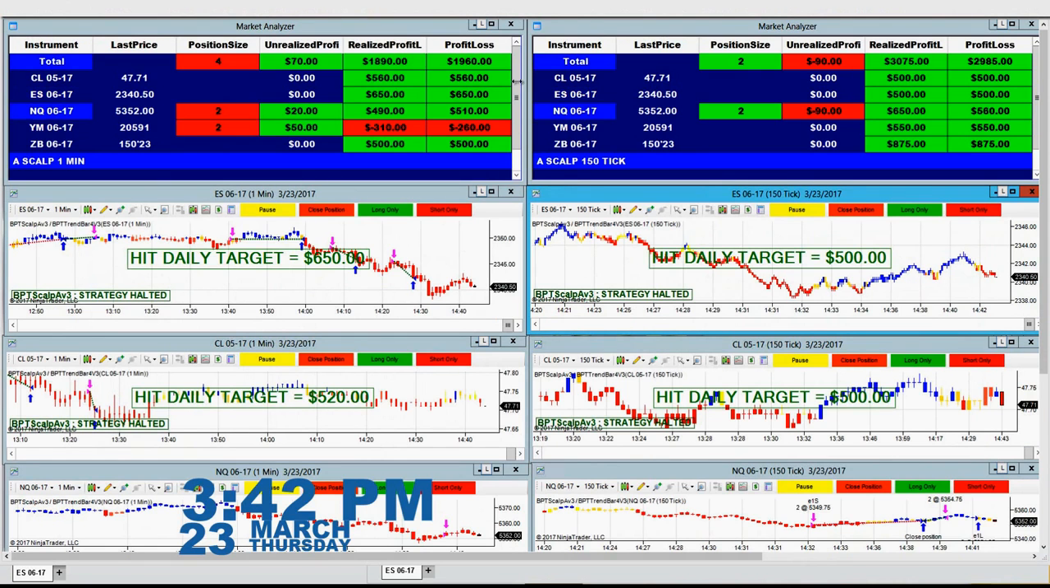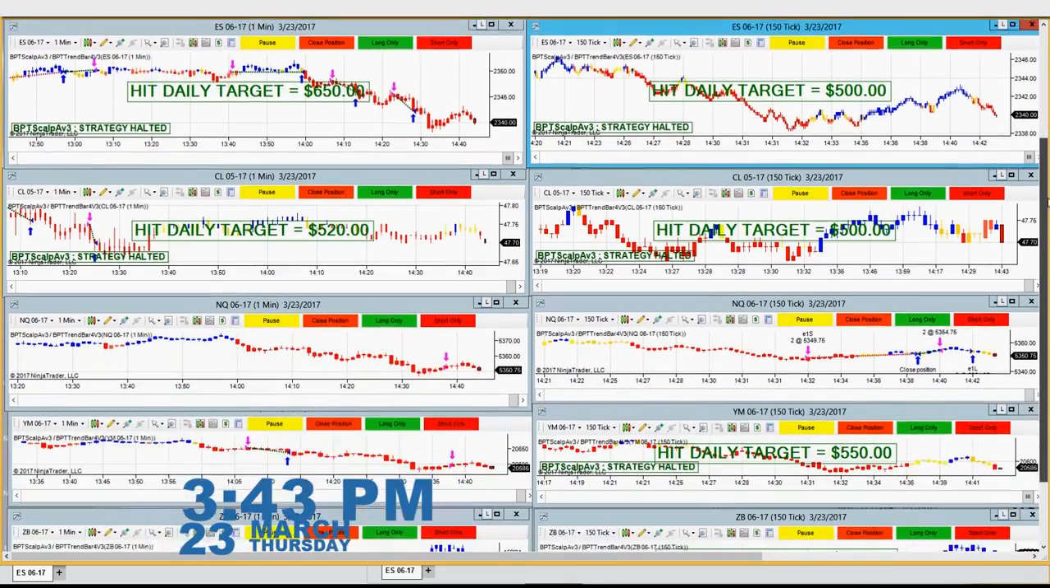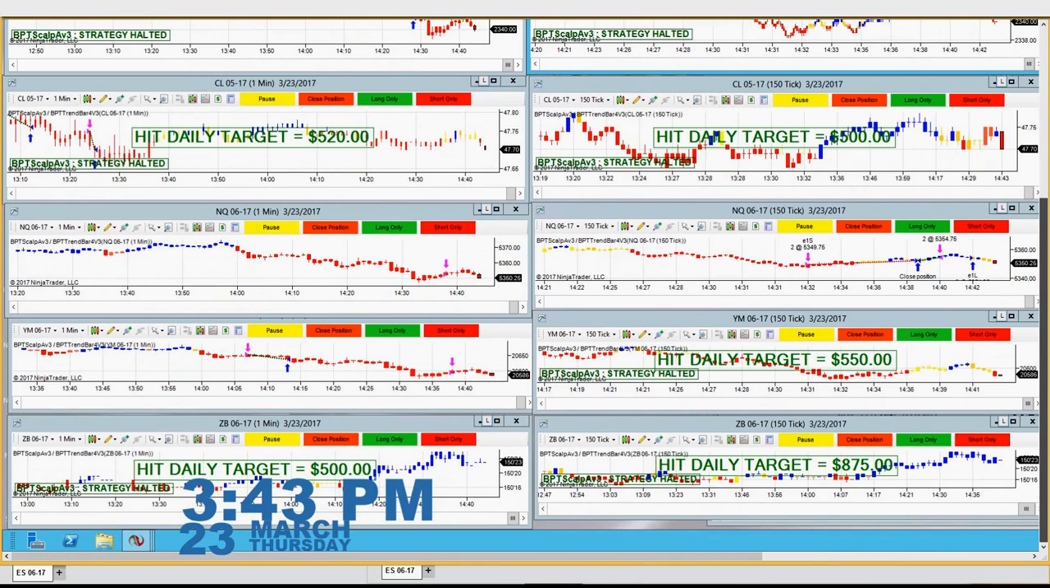On the institutional, sorry, I apologize. On the A scalper today, the YM on the A scalper was really struggling, but the rest of the market really did very well. And this one here also, the A scalper on 150 ticks and the 1 minute. For some reason today, the 150 ticks has outperformed the 1 minute. But if we are looking at the 30-year Treasury bond, the 1 minute got 500,